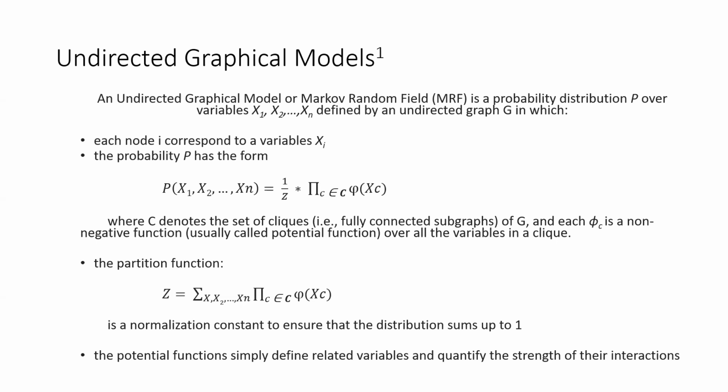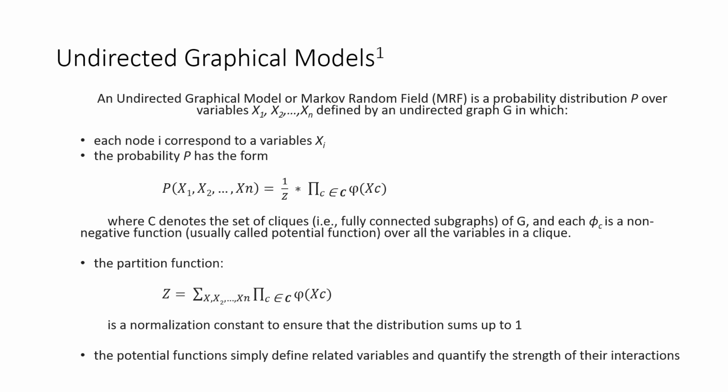The joint probability distribution of all the variables in that graph has the form that is shown here, which is a multiplication of functions along with Z,